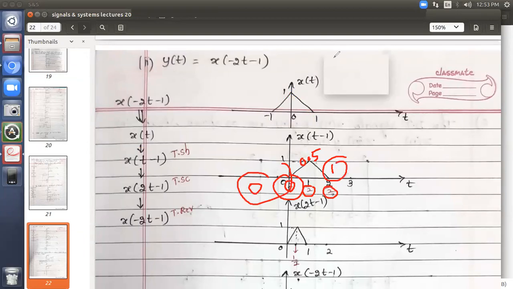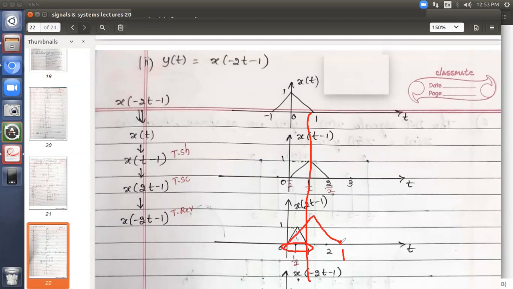So have the comparable measurements. If this is your 1 point, I have marked it here. Hopefully it should be a straight line. Between 0 to 1, draw your new signal. Don't point here as 1, draw this point 0 and 1 and then do this. No doubt your answer may be right. Between 0 to 1, your signal range is falling. But comparatively, if you check this with the original signal, it is looking bigger. We don't want this. The signal should look like the compressed version, right? For compression, it should be compact. For that, your signal range should be comparable.